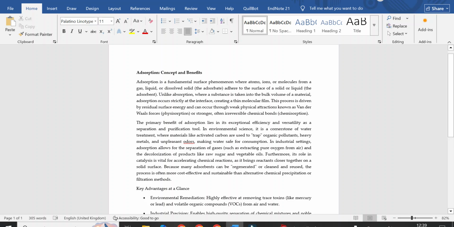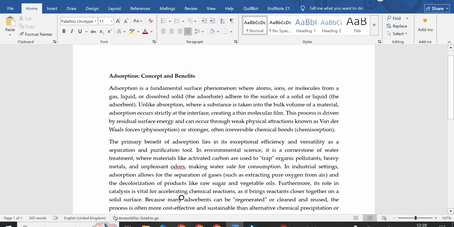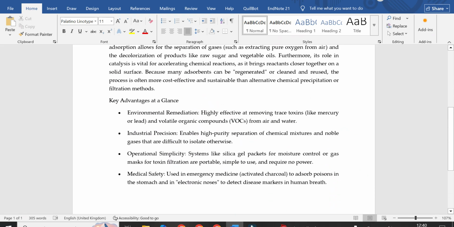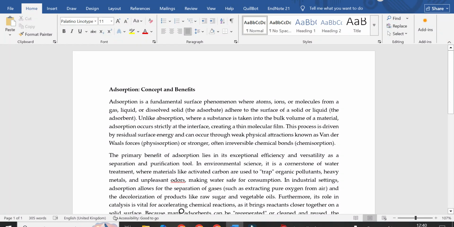If you are writing any document and you want to find out the number of times a word has been repeated in your Word document, then you can use a simple key to find out where the word has been repeated again and again. For example, this is the document and I want to check where the word adsorption has been written, and instead of reading and searching line by line, I can simply copy the word adsorption here, and